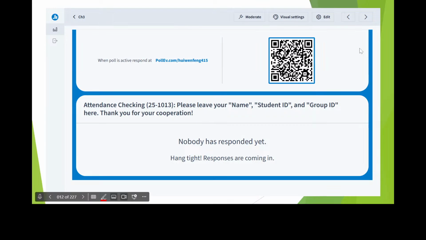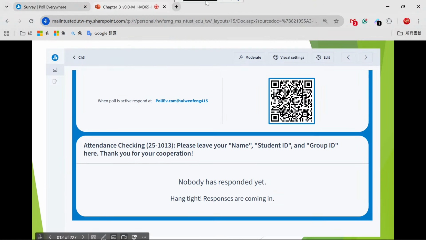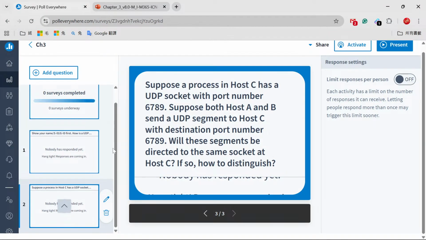This is the current group, all right? A new group for you. Now, okay, let me enforce it.